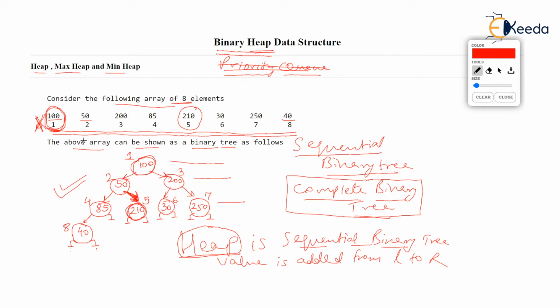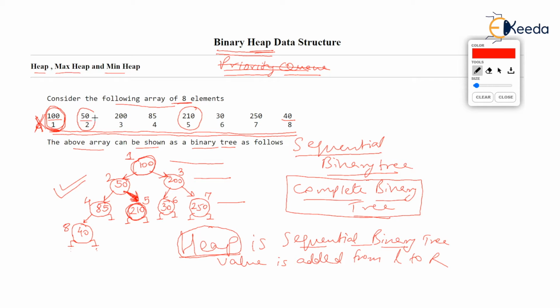By the way, back to 100 here in the array. Where is the right child of this first value? It is 1 into 2 plus 1, which is 3. Third node, that is 200, must be the right child of 100. And you can watch the binary heap. Take the heap diagram again. Yes, really 200 is the right child of 100. Come again, come again. Just check this. Suppose you want to know who are the children of 50.